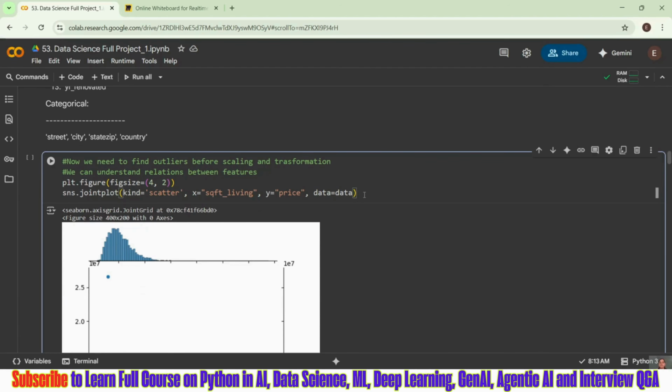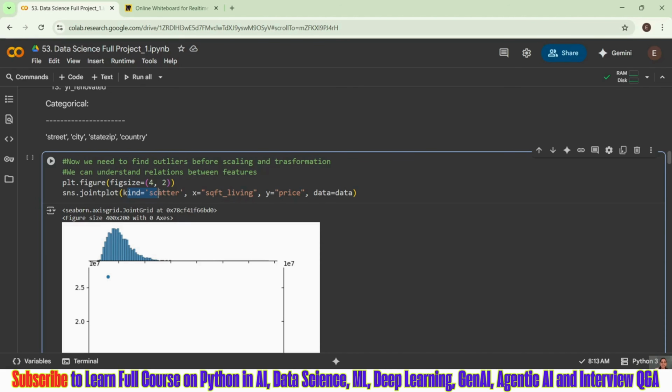I have to perform my EDA, right? I have to know how the trend of my data is. So for that, I have taken a joint plot because it is a very large data set. It has a lot of data, right? So I have taken a joint plot and I am taking hist and scatter.